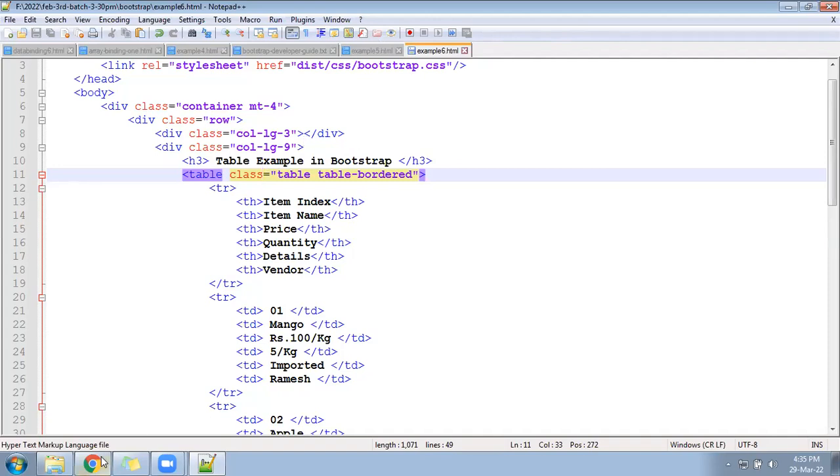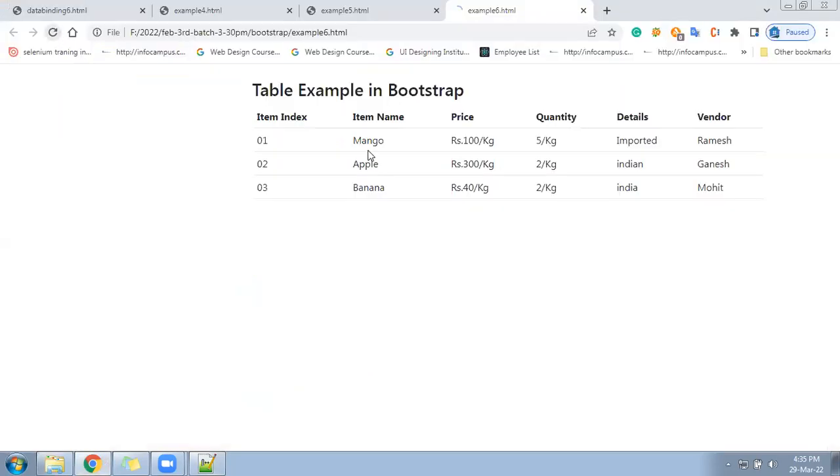Right, let me go here and show you. You can see now inside, outside, all the side borders got applied. That is called table-bordered.